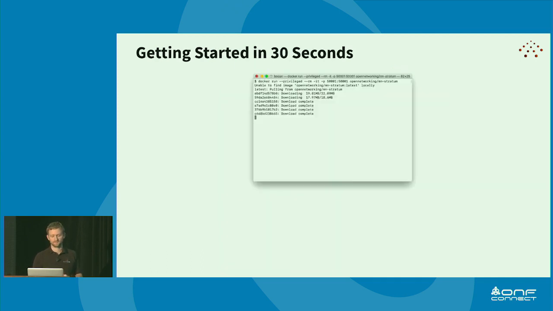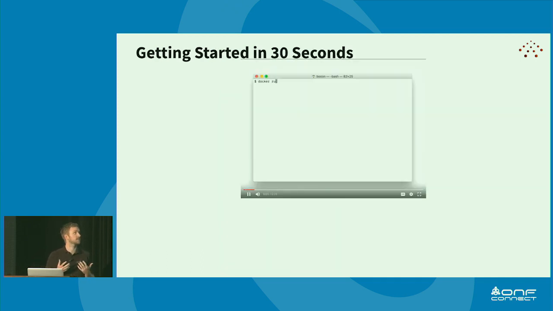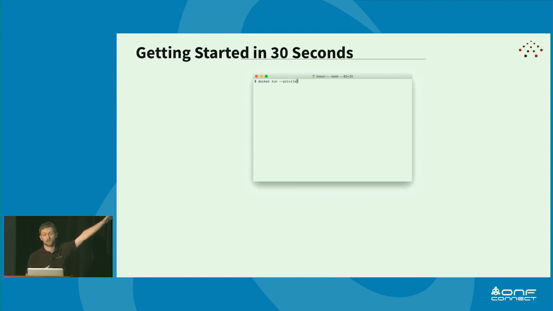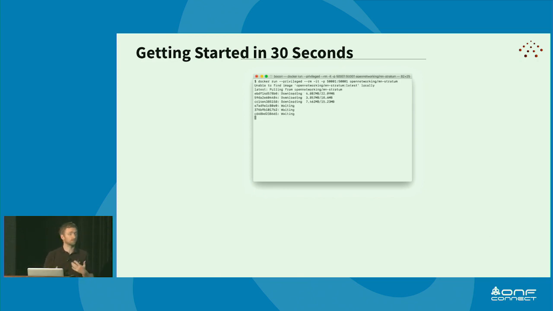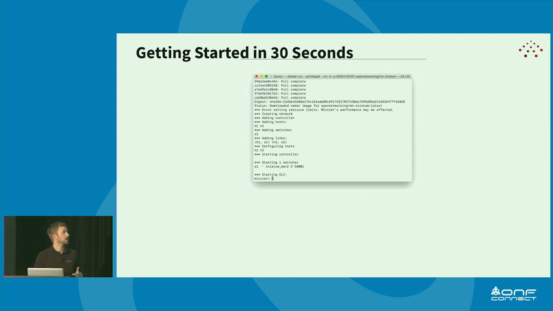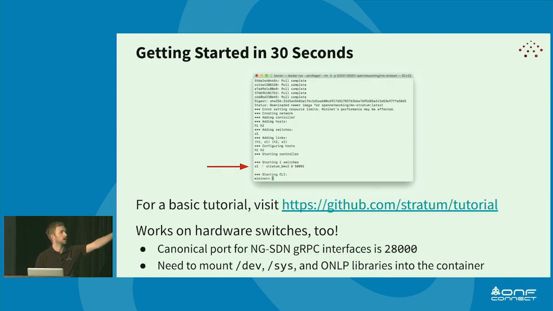What can you do to get started? If you want to get started with Stratum, there's a quick, easy 30-second step. You can execute Docker. We can run, for example, a container containing a software switch called BMv2. We'll run this with input enabled and a pseudo terminal. We'll map a port out to our host machine so we can communicate with the device, and the image is already public. As you can see, Docker is going to run through pulling down the various layers that have all the dependencies precompiled and included, and then is going to start a Mininet network with a single switch. You can add more Mininet parameters if you want a bigger topology. But we have a single switch that's going to come up running Stratum with all of the interfaces on its